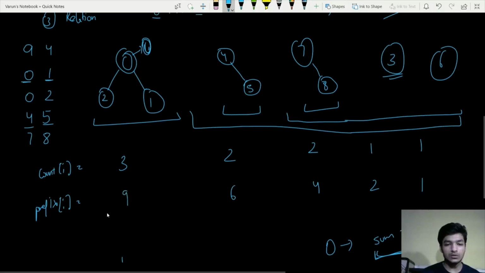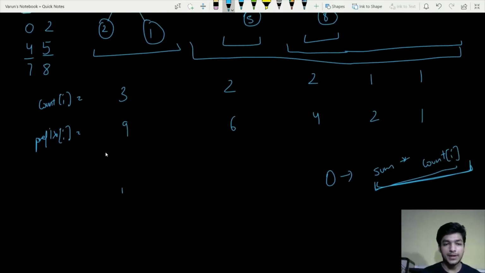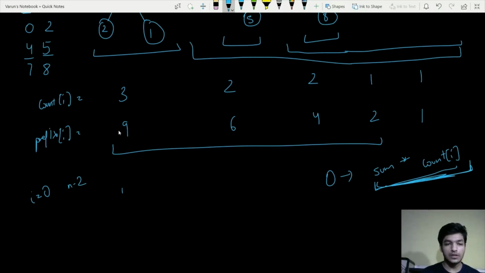Now we need to iterate from I to n minus 2, and we need to find the number of pairs using this formula. So if we look at this, the sum on the right side would be given by count of I plus 1.